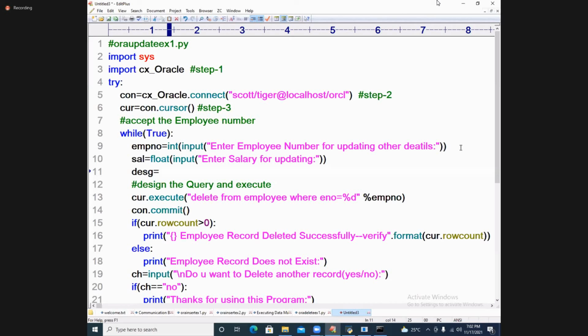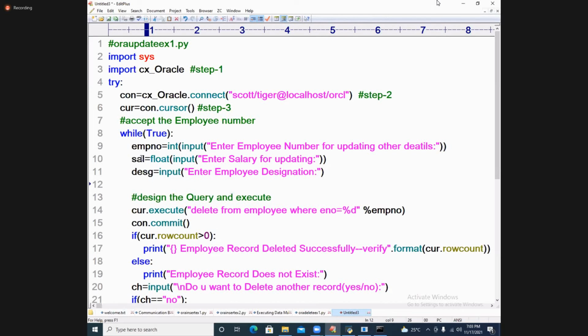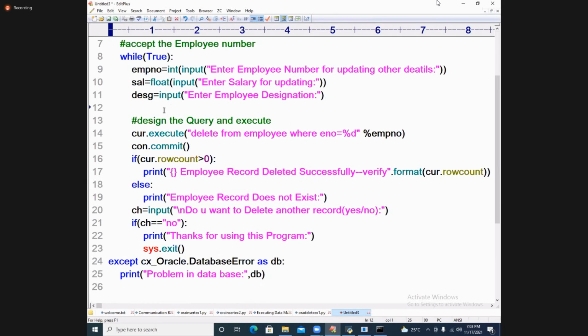You want to promote them, you can promote them. So, right, input of, enter employee designation. Based on employee number, I want to update a salary as well as this one. Enough. Come on to the point of it.